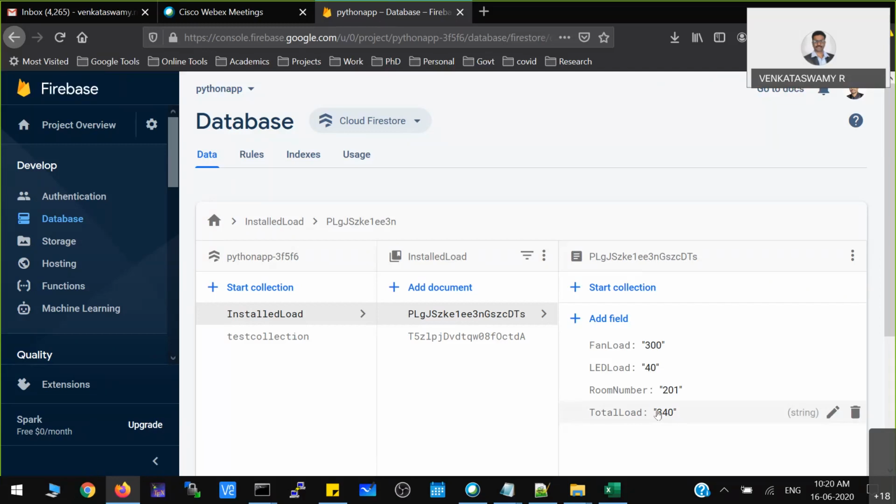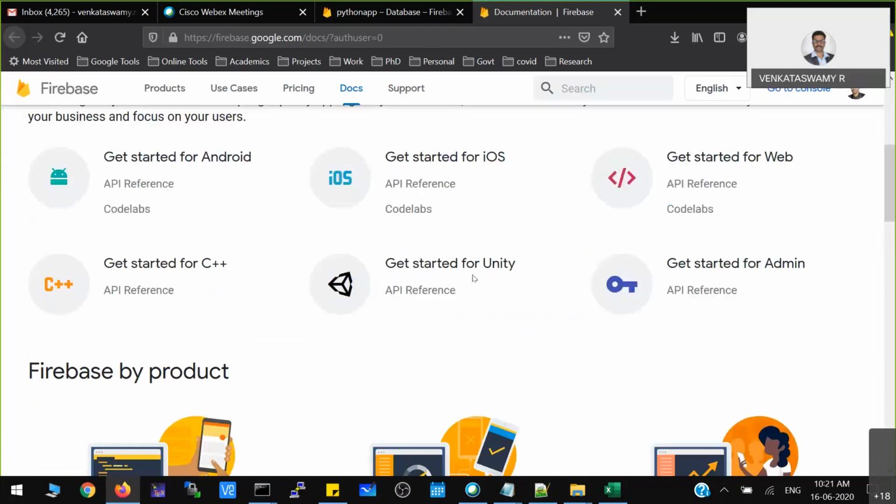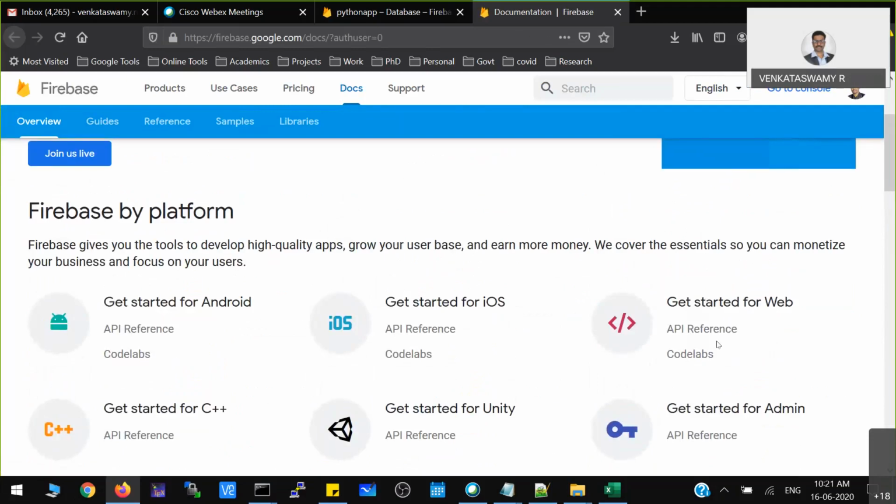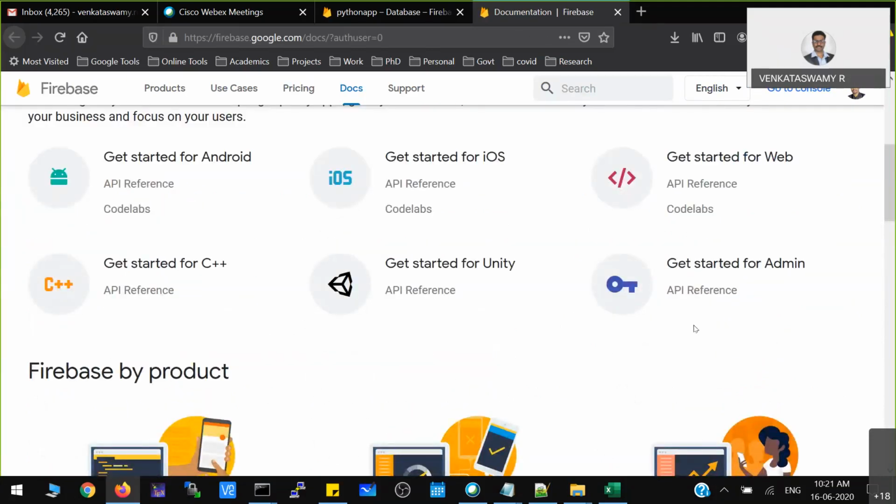So we are using a Python program to get this particular data. Okay. So now for that, what you have to do? If you want more information, click on this help, the question mark button, and there is one tab, developer docs. You can see all kinds of help. Okay, so using a web application, how to use this Firebase in iOS, how to use this Firebase in Android,